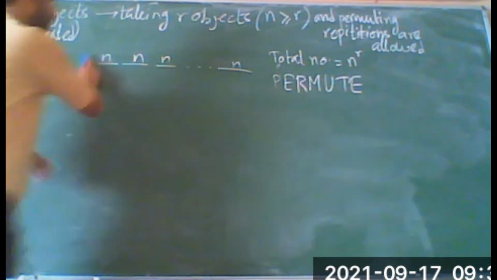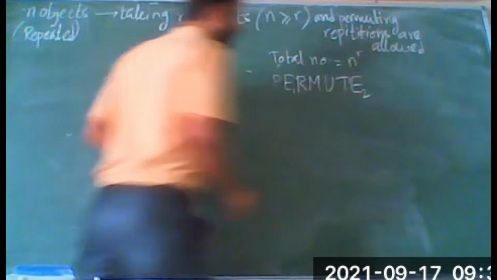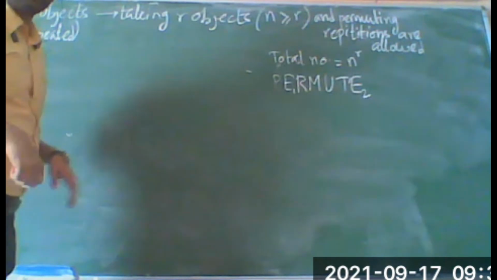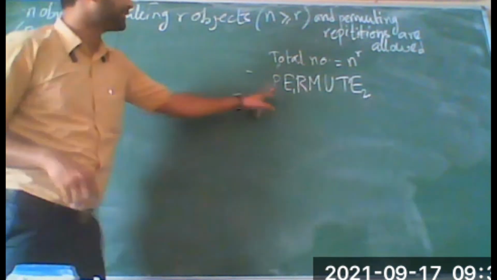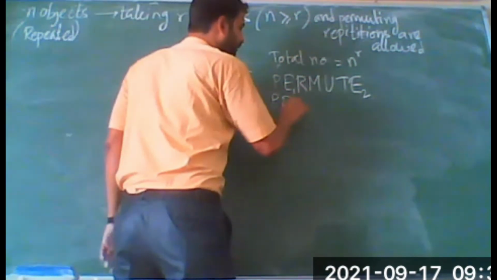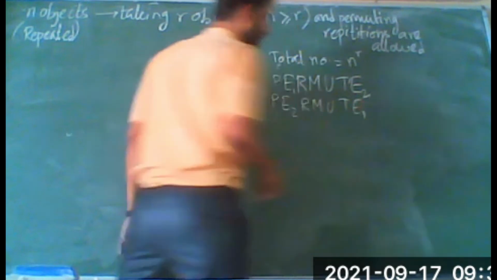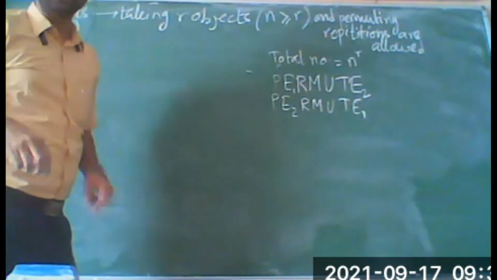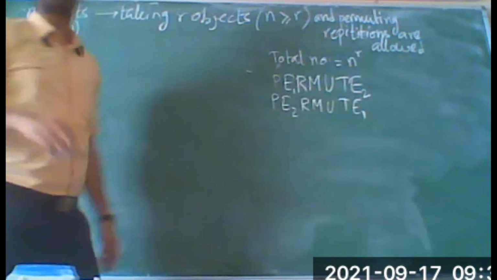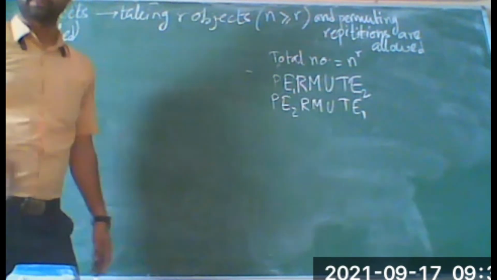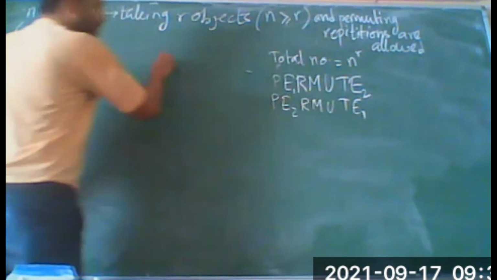You see one thing: I am numbering these two repeated letters here, E1 and E2. That means in this permutation, we are actually getting two permutations. These two are the same thing; though I am giving numbers to the letters, we still have the same word, the same permutation.